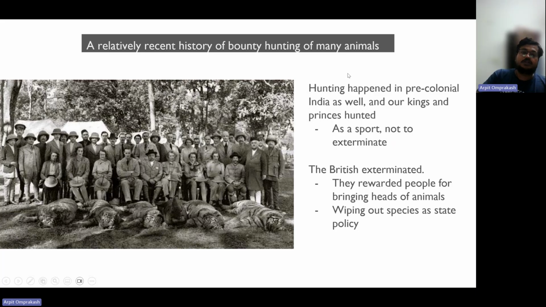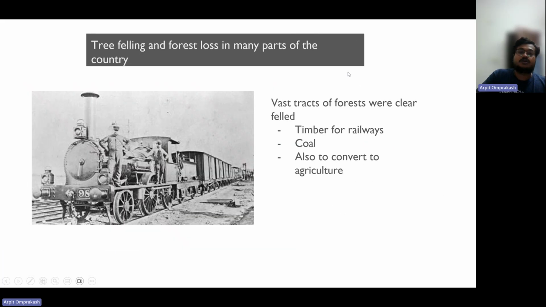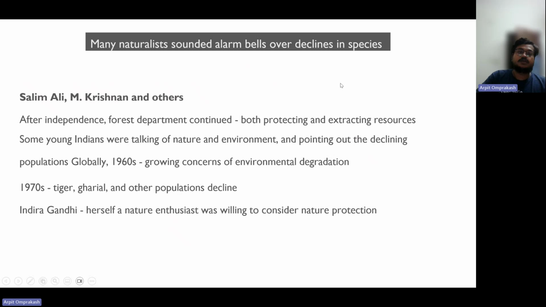So they basically bounty hunted these animals and that led to a large decrease in their population sizes. The other thing is there was a lot of tree felling and forest loss in many parts of the country to clear paths for the railways so that they can carry coal, and also to convert areas into agriculture so that they can support themselves. Right? The colonizers, the British people, not us. So after independence, the forest department continued both protecting and extracting the resources,